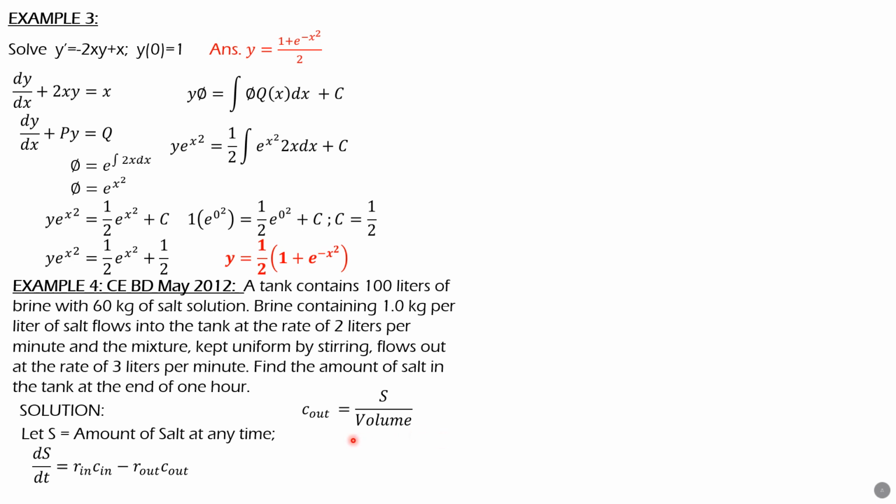So the volume begins with 100 liters, then plus quantity 2 liters per minute as it enters, then minus 3 liters per minute times time. So volume is 100 plus quantity 2 minus 3 times time t. Simplifying, volume is 100 minus t. So as I said, the volume decreases by 1 liter per minute. So that's the meaning of that, because it is 100 minus t, and t is in minutes.